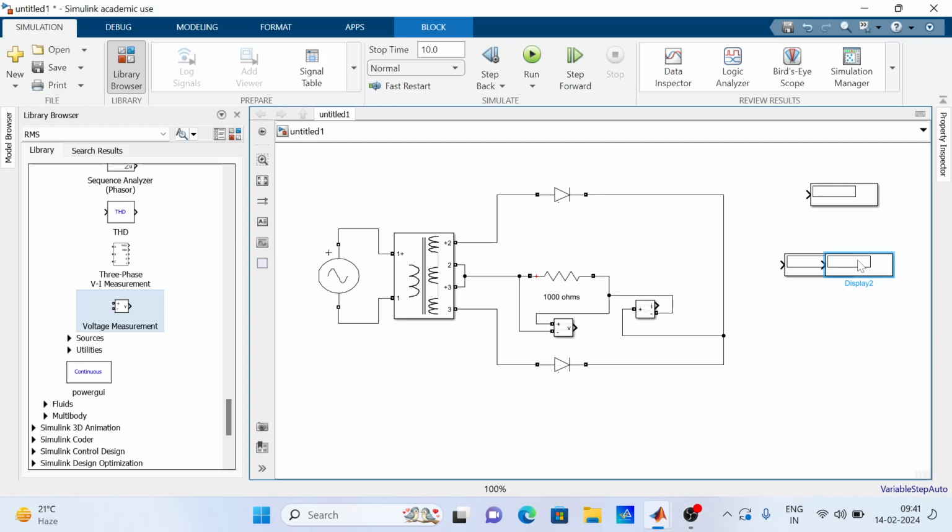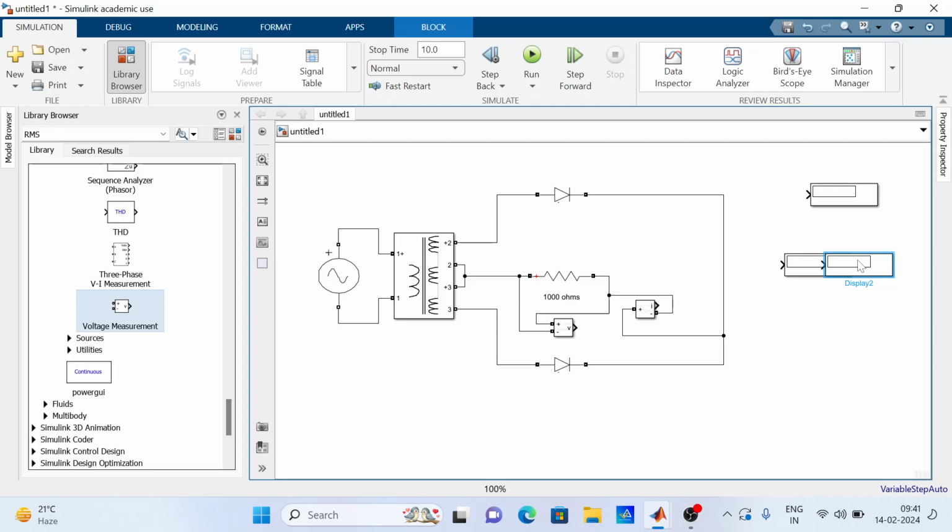Now tell me, you are using the same multimeter for AC observation and DC observation. How can this meter be used for both? The AC component is nothing but the RMS value of the output signal, and the DC component is nothing but the average value of the signal.